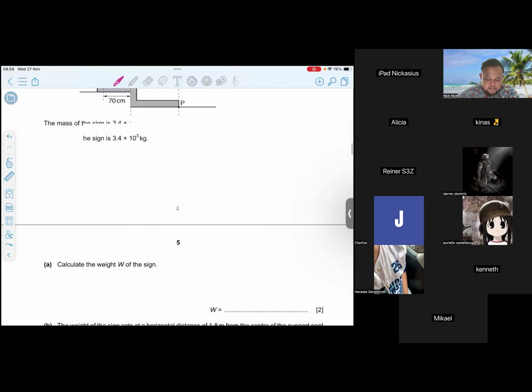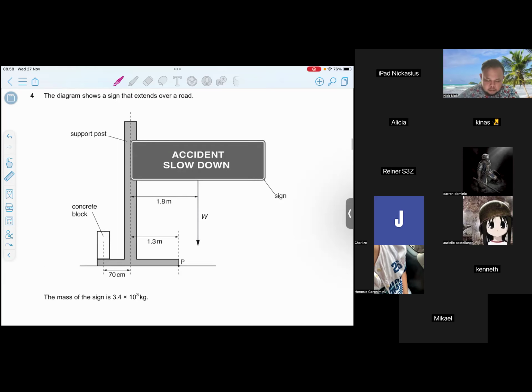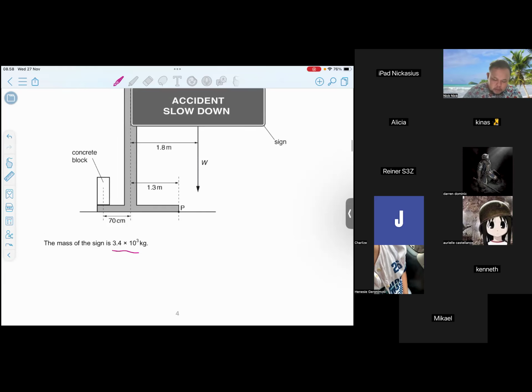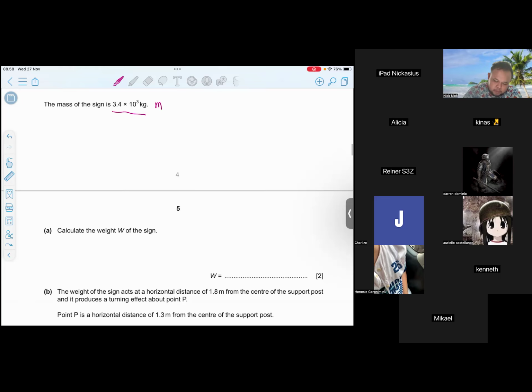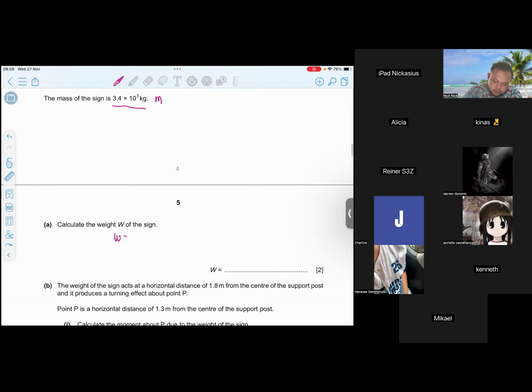Calculate the weight of the sign. How many kilograms is this? Okay, this is the mass. So the weight is really easy. Weight equals mass times gravitational acceleration. It is 3.4 times 10 to the power of 3 kilograms times 9.8 meter per second square. So the answer is,